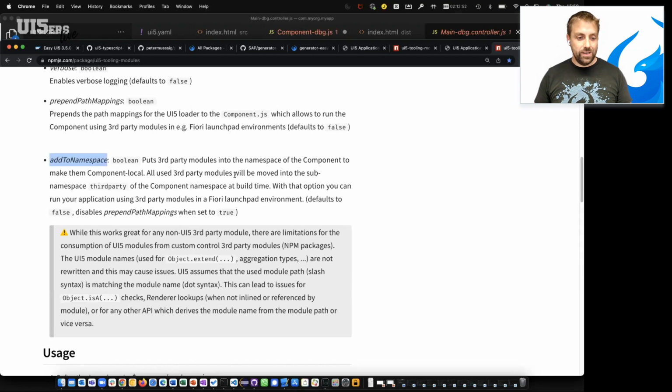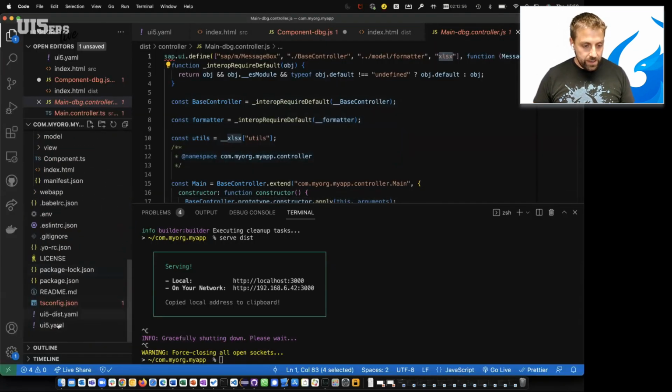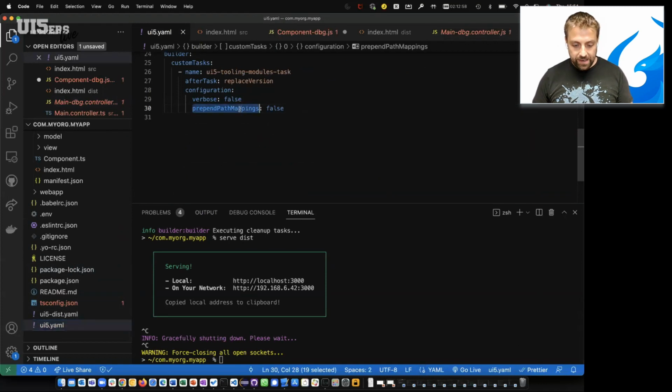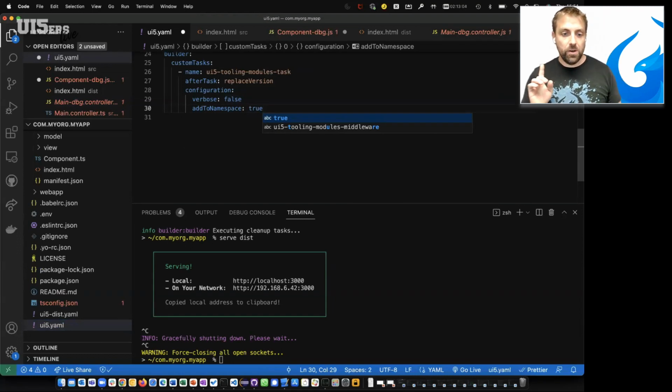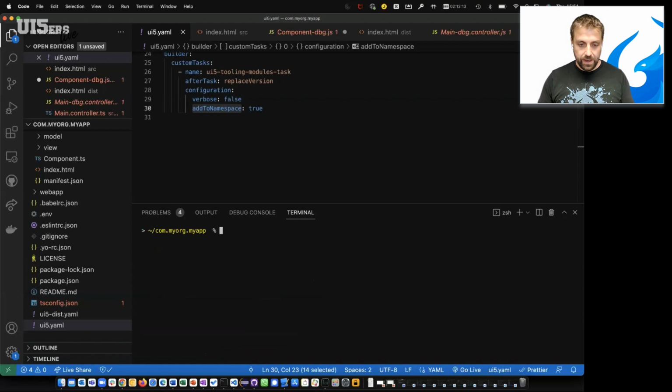And now let's see how this works. So I go into the index and the UI5 YAML, and I add this option, add to namespace true. If you would have both options set to true, prepend module path and add to namespace, then only the add to namespace will win, because it copies the dependencies into another structure. So when I now run the build,